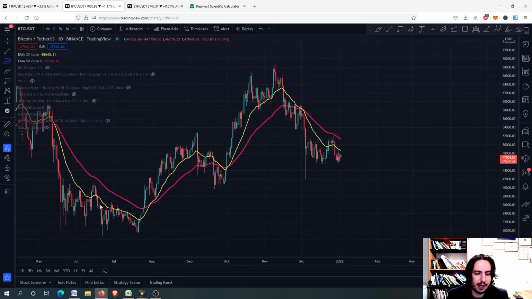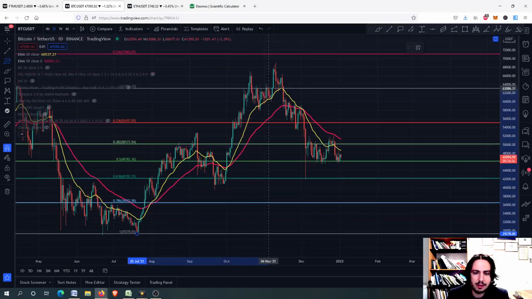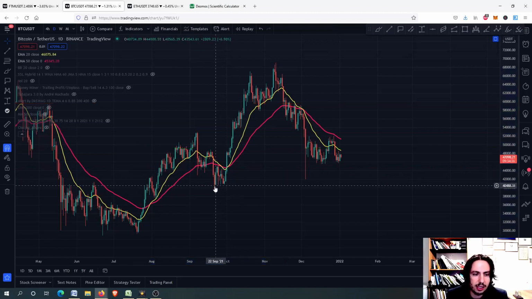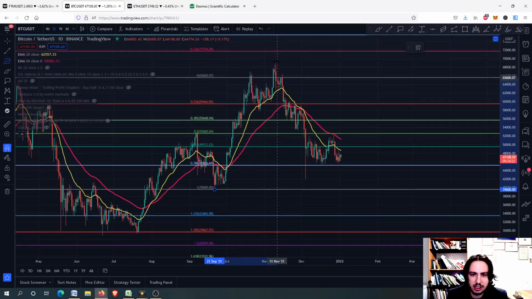For example, what I can do with Bitcoin is that if I wanted more of a midterm price analysis, I would use the Fibonacci retracement from the bottom back on 20 July to the top on 10 November. You can see this was a bottom and this was a top. So if we use that, then we can say that we have one major support level at 44,400. But if I use it from this bottom right there on 21 September up to this top,